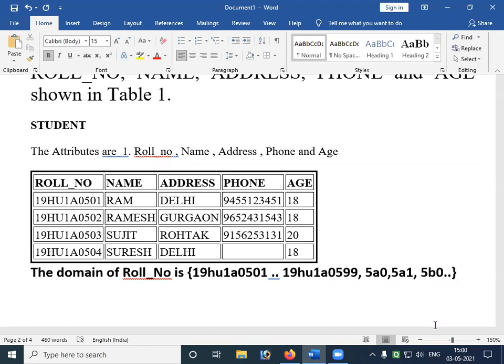This is the domain. Domain means the possible set of values. The possible set of values is called the domain.